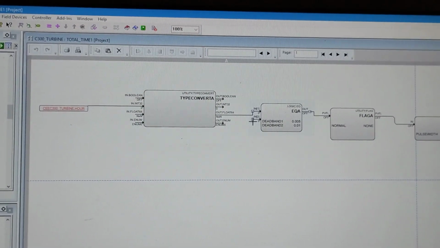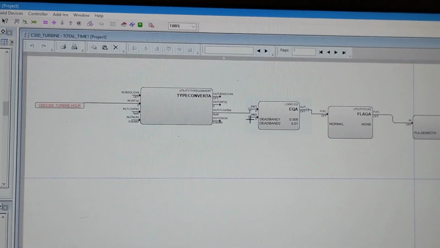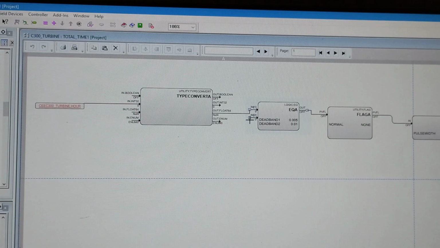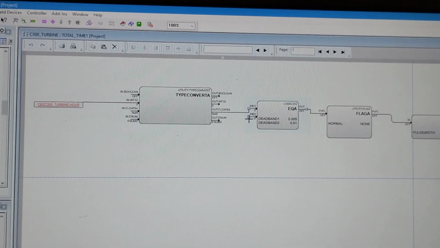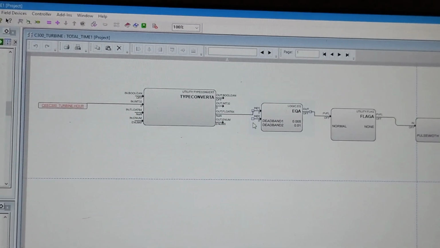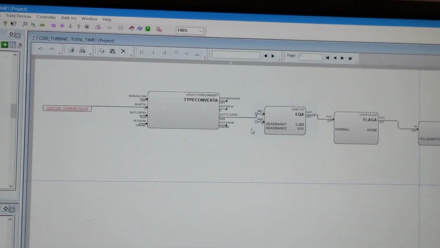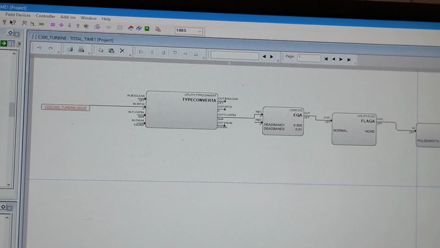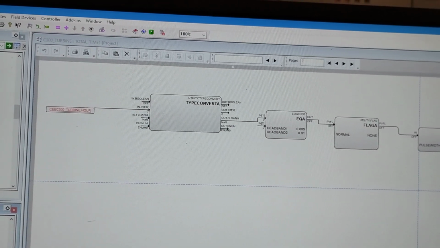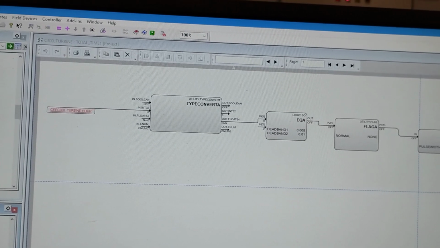Suppose we have three shifts, one is 6 a.m. to 2 p.m., another is 2 p.m. to 10 p.m., and the third one is 10 p.m. to 6 a.m. Then for the first shift we have to give here the 6 a.m. Then it will come from numeric.